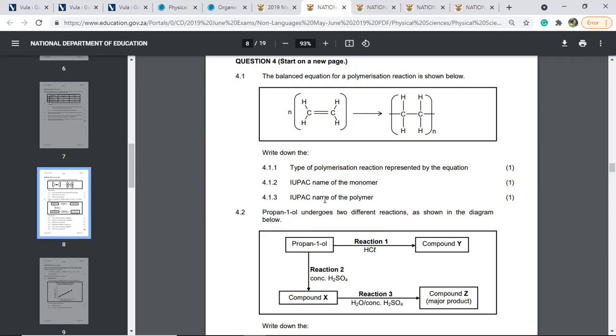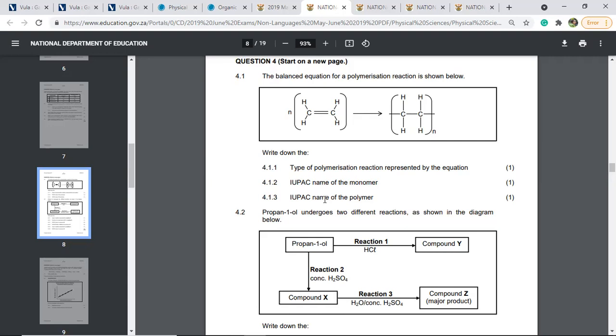Okay. So what is this type of polymerization that they're talking about here? It's known as addition polymerization. Why? Because here we have this compound with the double bond, it reacts with something, and it becomes a single bond in the polymer. Addition polymerization, or an addition polymer,